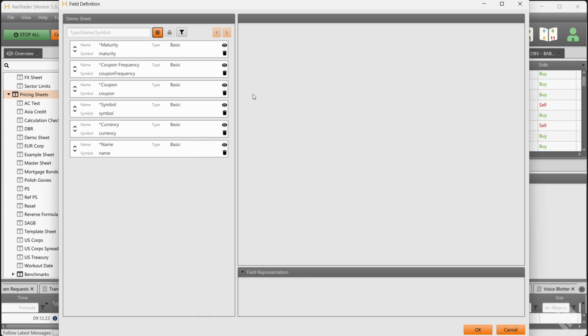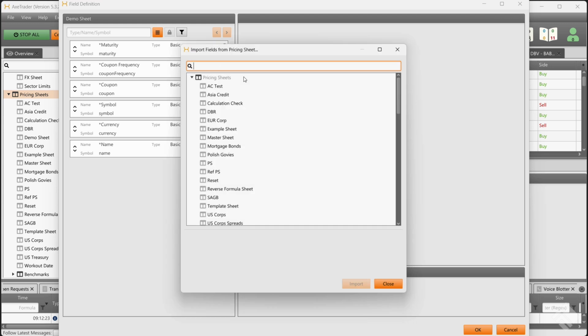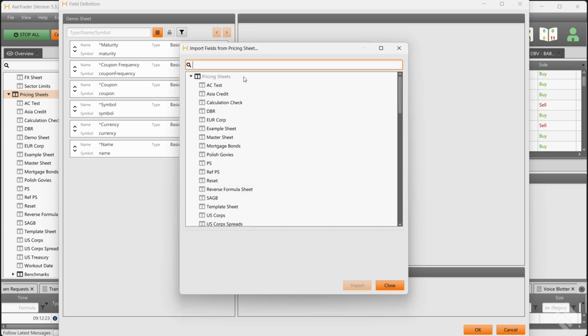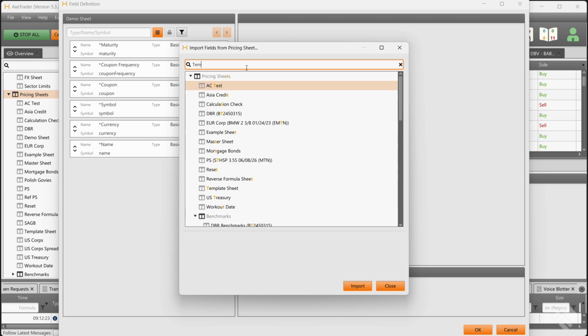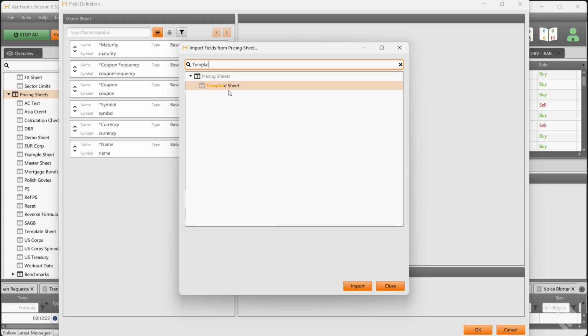The third option is to load fields from other sheets that you have in the system. Again, similar to loading fields from file, this works if you already have other existing pricing sheet that you want to copy from. For this demo, let's import a basic template sheet that I have, and then we can go through each of